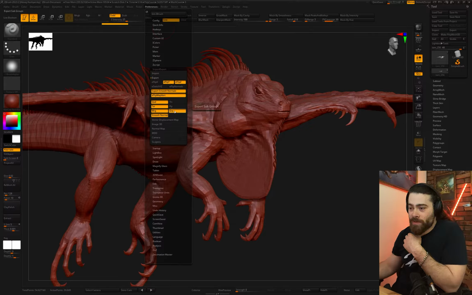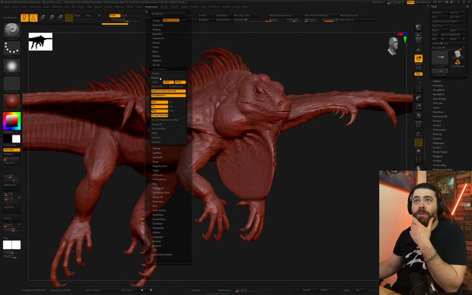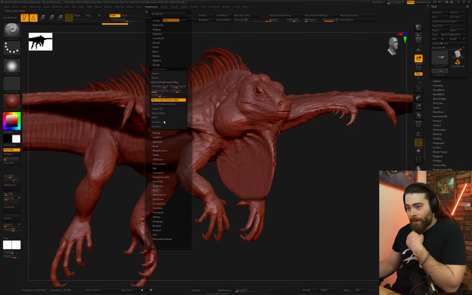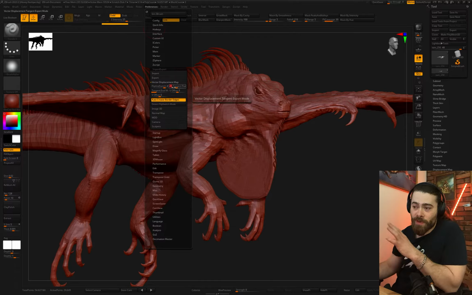So I keep this off if we are working with Maya. Yeah, now once this is done, let's go to Vector Displacement Map settings, and here you want this option to be on, and also in this field you want to put 47, and in this field you want to put 25. I will speak later why this is, and usually this number is the same for all packages, but